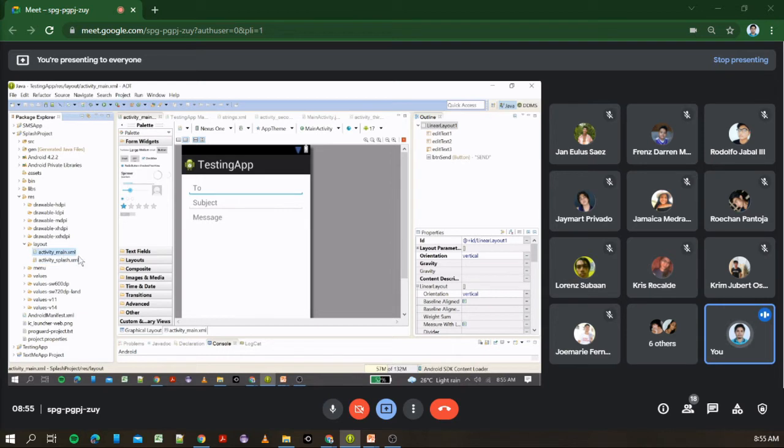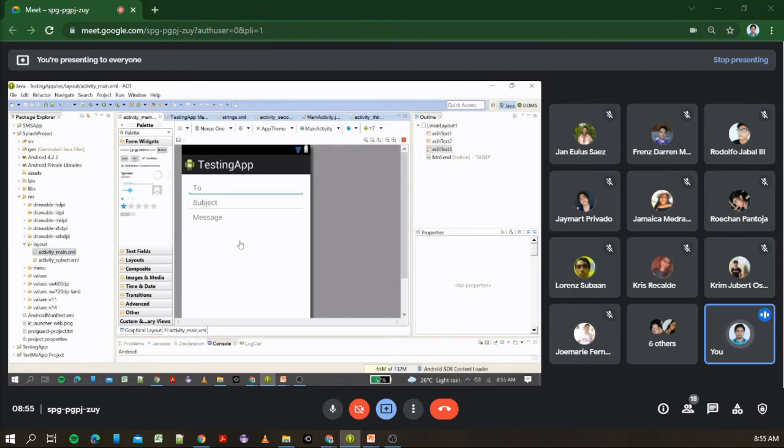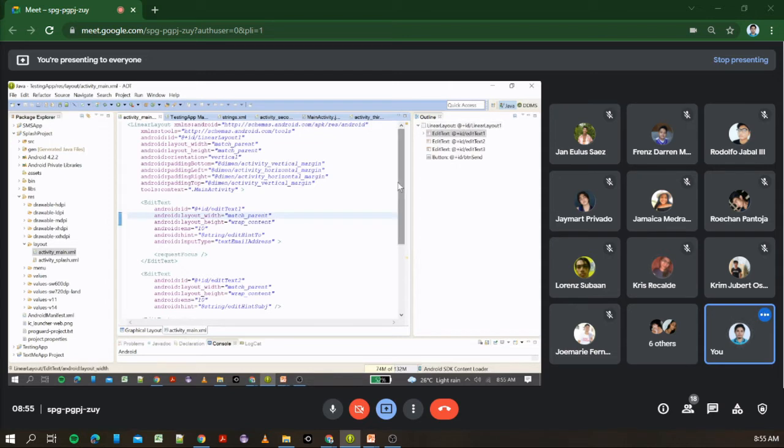So, like for example, itong layout natin under this particular project, which is itong activity_main.xml. So, based on the file extension, which is .xml, automatic XML yung code na ginamit dito. So, pag tingnan natin yung code dito mismo, ito yung mga ways kung paano tayo nagde-declare ng UI elements sa